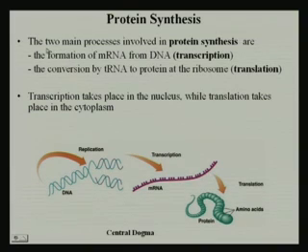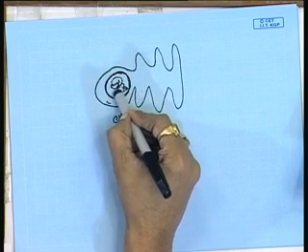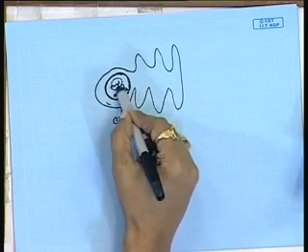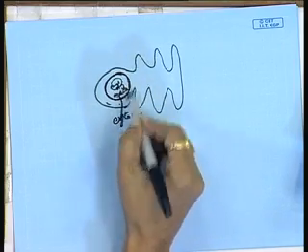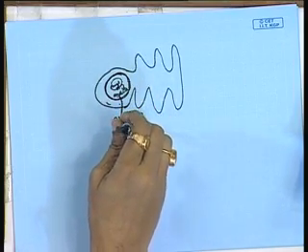And the two main processes involved in protein synthesis are the formation of mRNA from DNA, that is the transcription, and the conversion of mRNA to proteins at the ribosome, that is the translation. Transcription takes place in the nucleus, while translation takes place in the cytoplasm. So, as soon as mRNA is formed, it comes out from the nucleus to the cytoplasm, where this translation